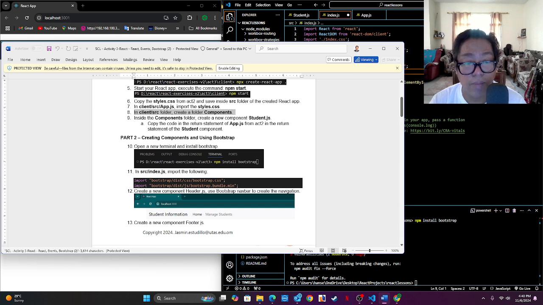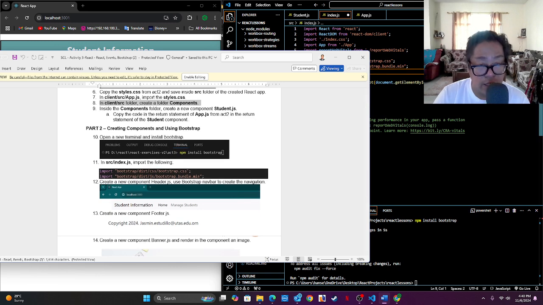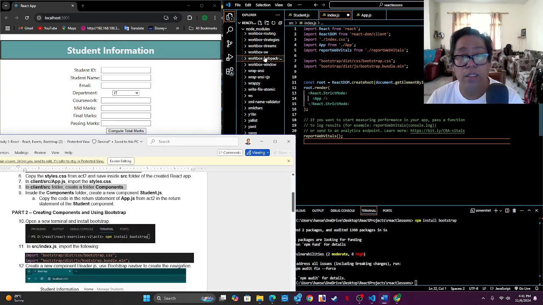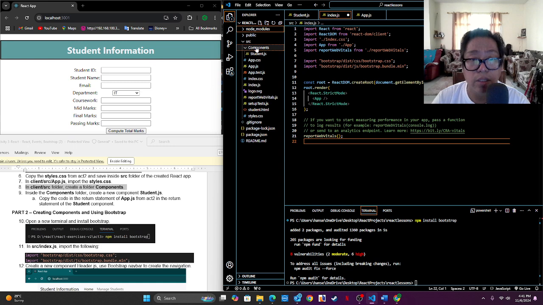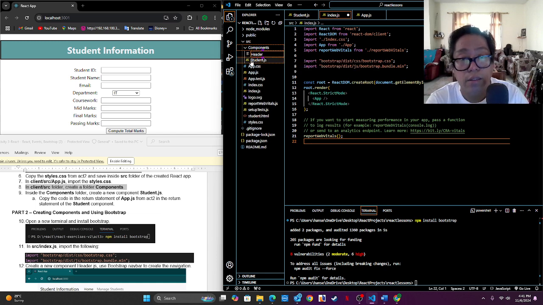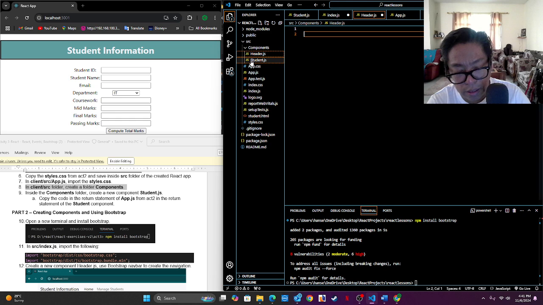Right. So this time, let's start working on our header, using a nav to create this navigation. Meaning we have to create a header.js. So I'll be going back to our components, and we will make a header file component, header.js. Okay, now let's make this